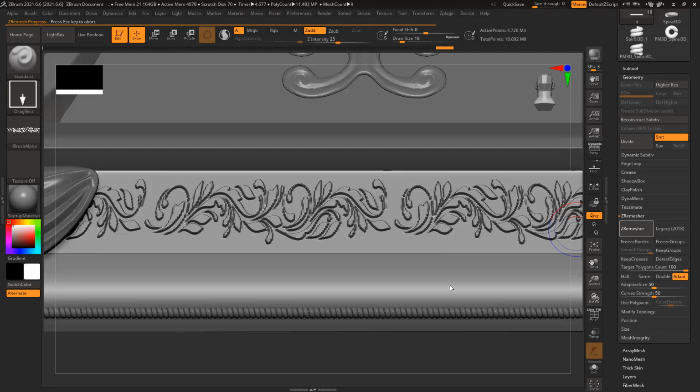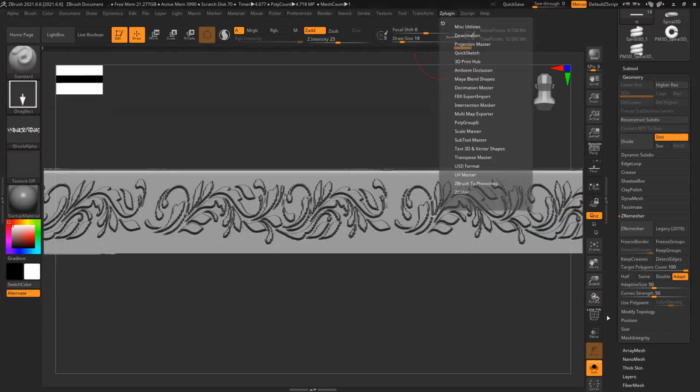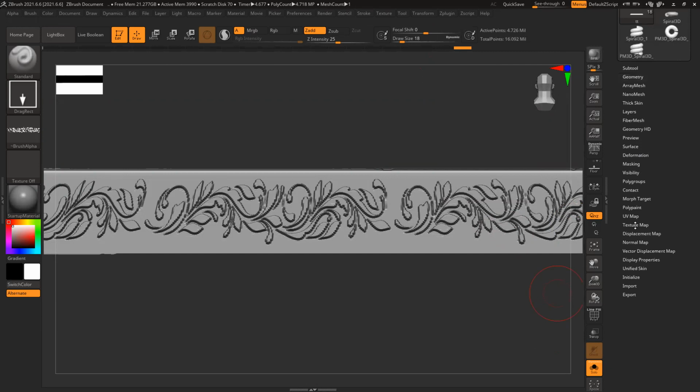Still too much time. I'll just cancel it. Cancel it, and I can, let's see, pretty high poly. Let's smooth it first.